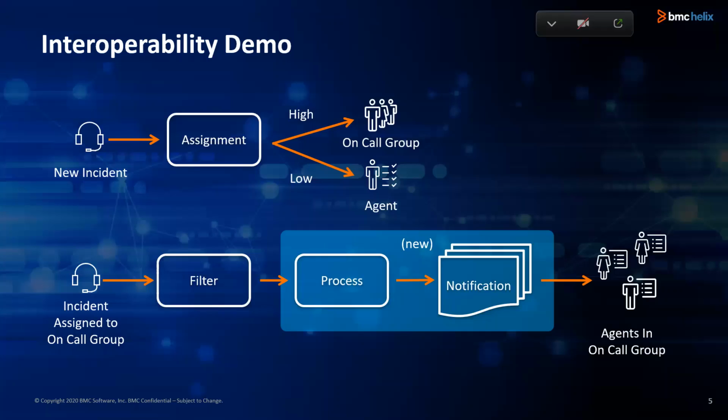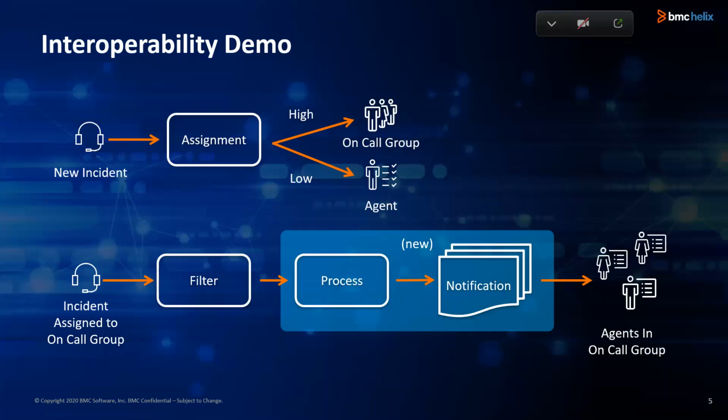Most of this isn't new, right? A new incident gets created. That new incident would get assigned to either an on-call group or an agent based on the priority of that ticket. And then